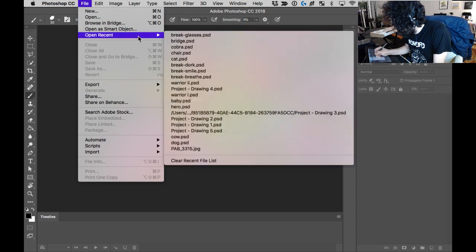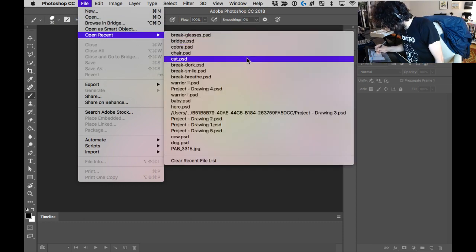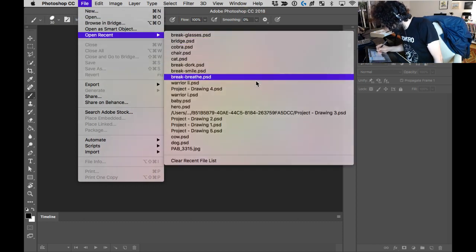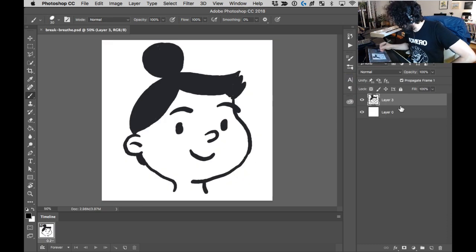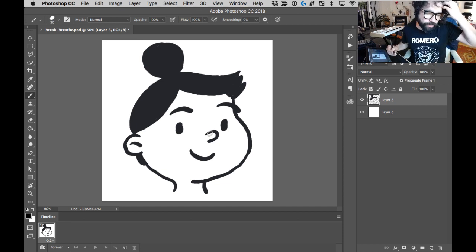So I'm going to... I actually already put one that is a breathe. So I have my character here in one of the frames. As you can see, this is in one layer. And I'm going to use it as a template. But the idea here is how I create